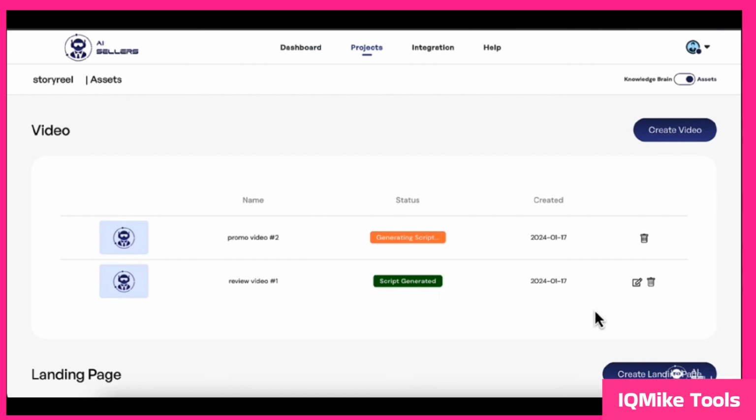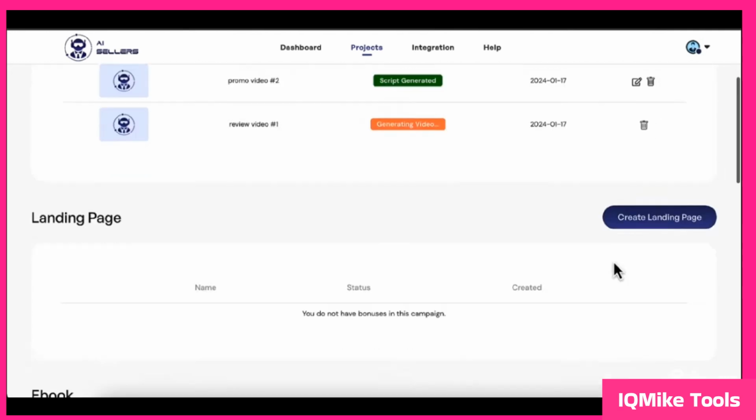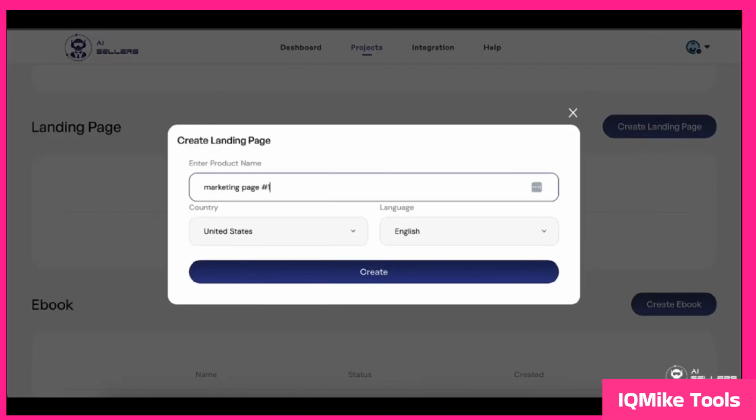I'm going to click on edit, preview the script. If everything is good, I'm going to click on convert video and let AI Seller create the video for me. In the meantime, I'm going to click on create landing page, and I'm going to create my first marketing page to promote. Now I can create it in any language, any market that I'm trying to promote, and create multiple